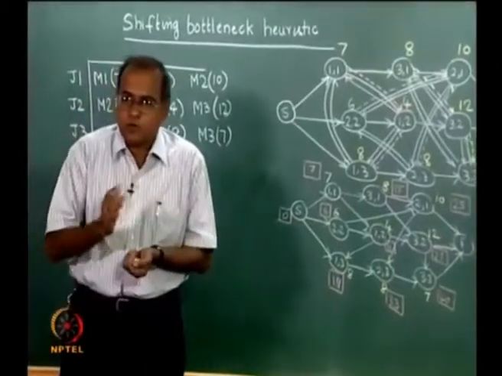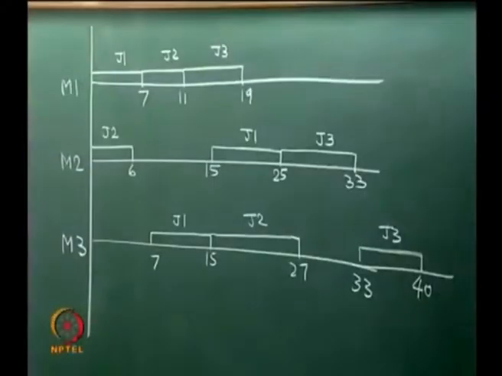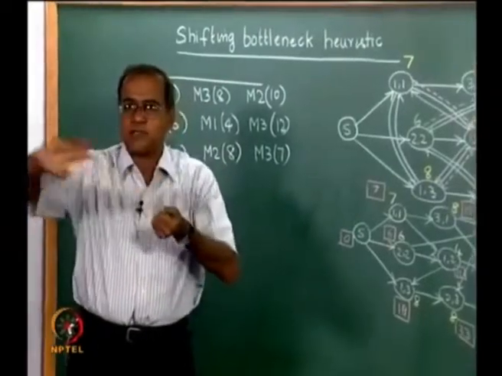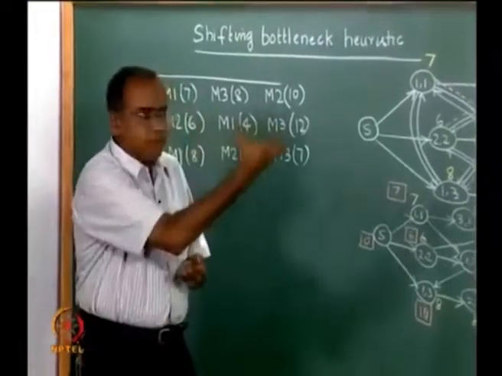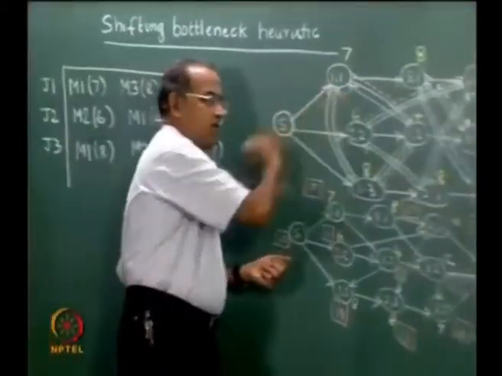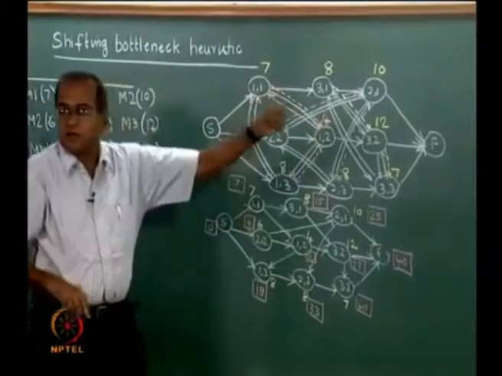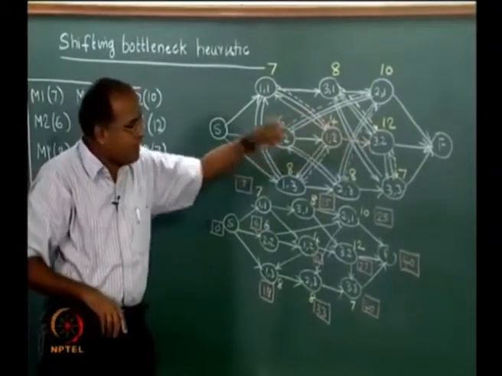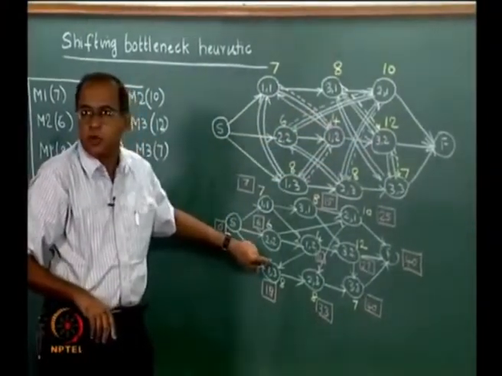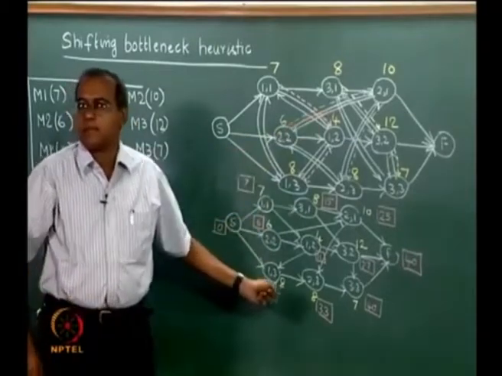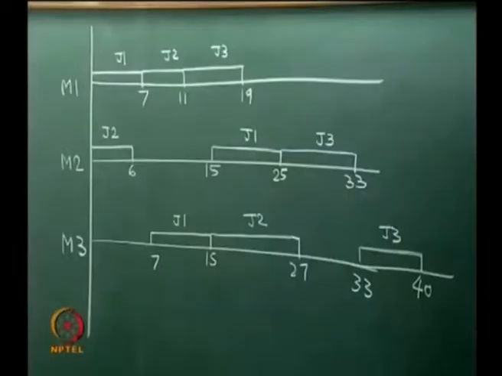What we have tried to show is, given a Gantt chart from which the order of visit of the jobs can be ascertained, we have now mapped the Gantt chart onto this and chosen the relevant arcs corresponding to a given solution, and we have evaluated the make span to show that both of these are the same. But that is not what we intend to do.